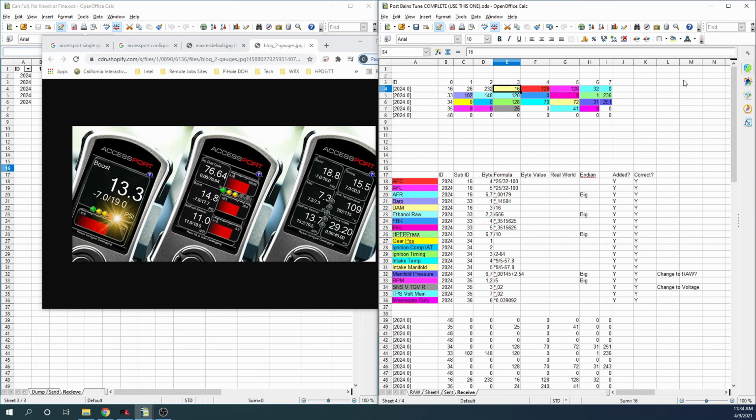So if you have to make another log for whatever reason, make sure that the single gauge is set to the same parameter that you started with. That one caused me some headaches there for a little bit. Okay, the other thing is,